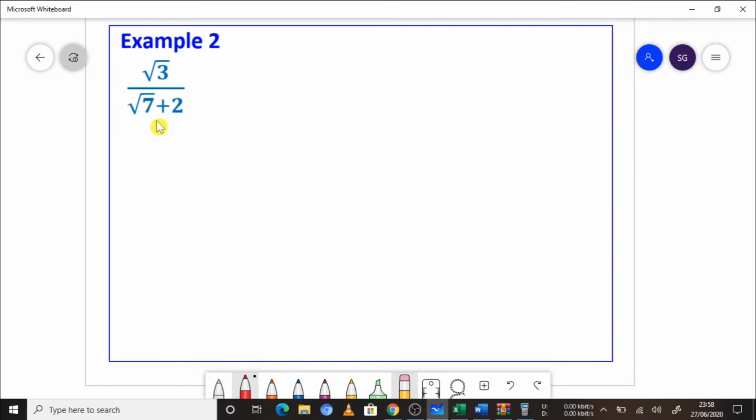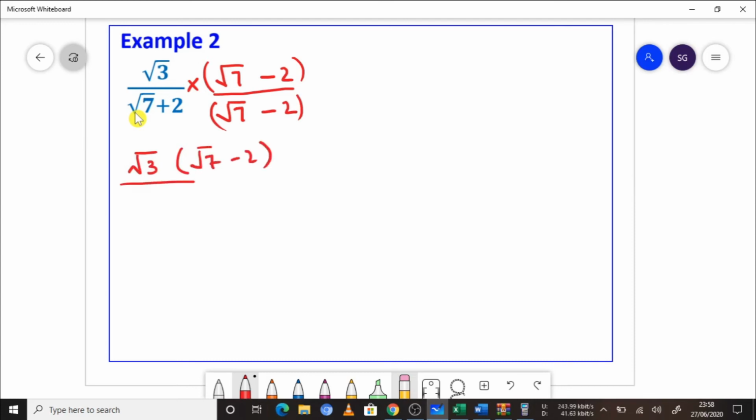the conjugate surd of this denominator. That will be root of 7 minus 2, and you multiply and divide by the same. You multiply these in the numerator. Be careful with using the brackets. Brackets are a better option to use instead of doing it directly. And then this is a plus b, a minus b situation, so I use the identity. This is the first term squared minus second term squared.